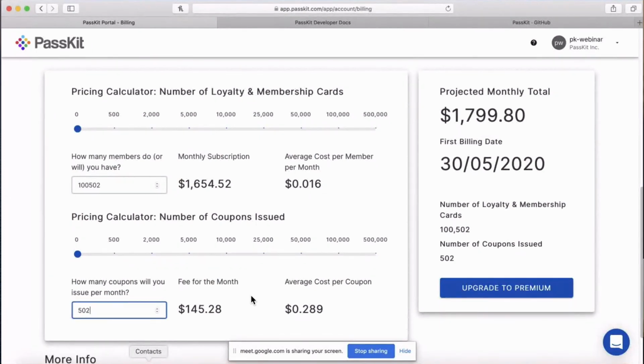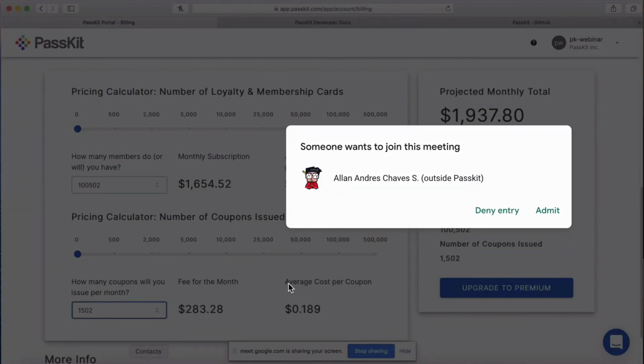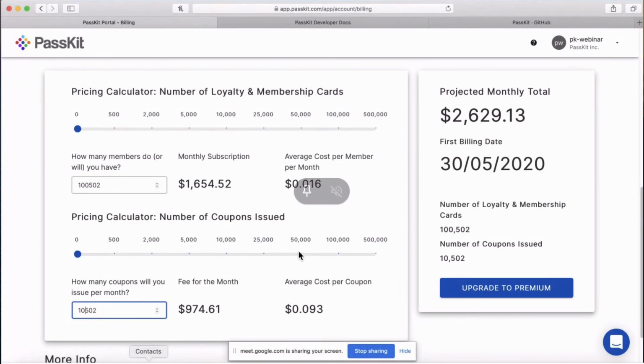Okay, so you can kind of see that you really are only paying for the coupons you've issued in that month. And then the next month, if you go to 0, you pay 0. Let's say the next month you do 10,000 coupons. You can see here, 10,000 coupons, a one-time fee of $974.61, chargeable at the end of your billing cycle, your